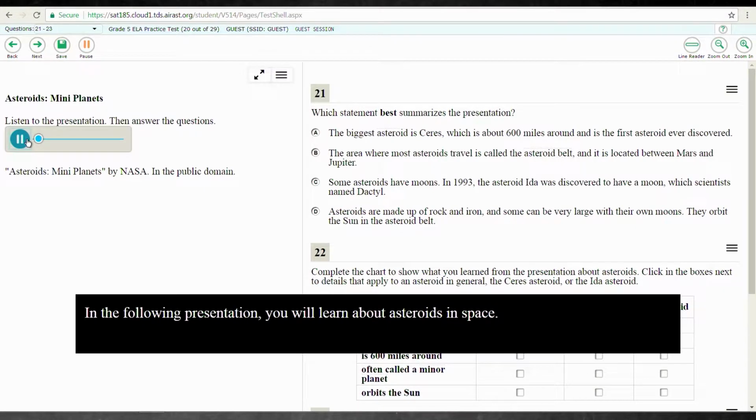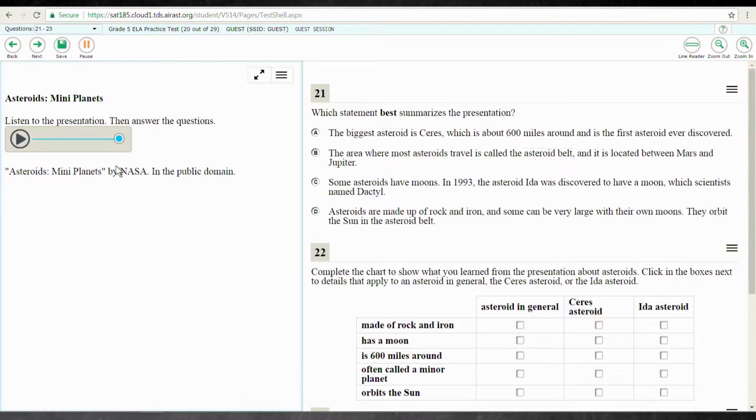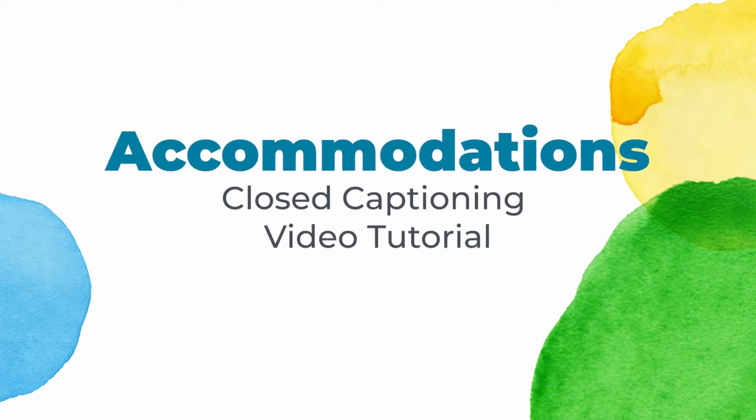Once the play button is selected, you will see a black bar with the text of the listening item. After the item has finished playing, the black text box will disappear and you will be free to answer the questions on the test. Note that different devices may require different actions in order to make these selections.